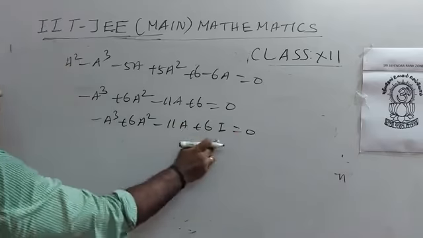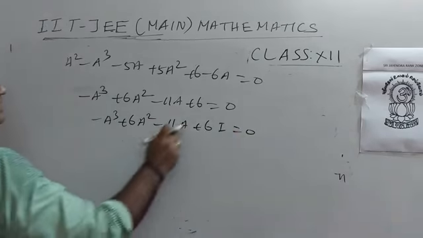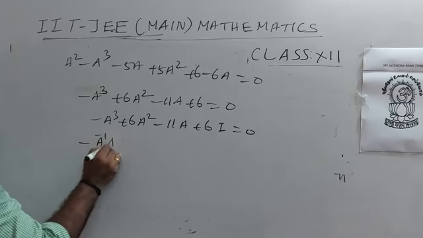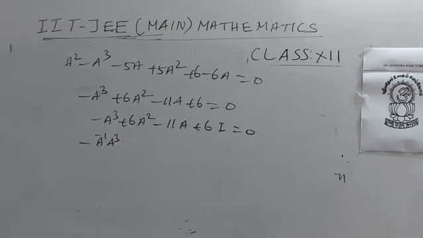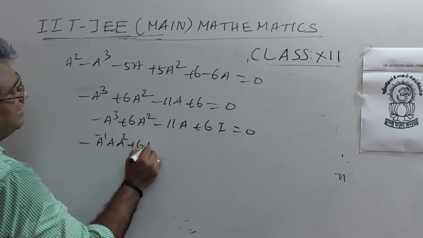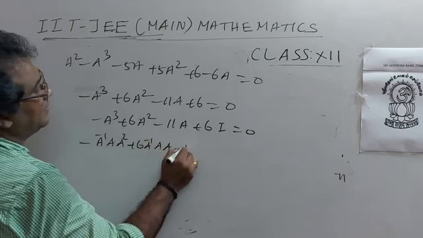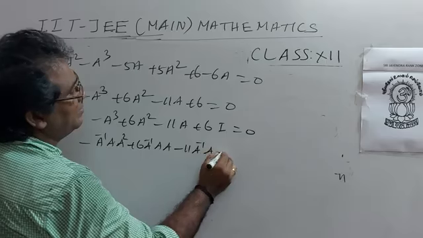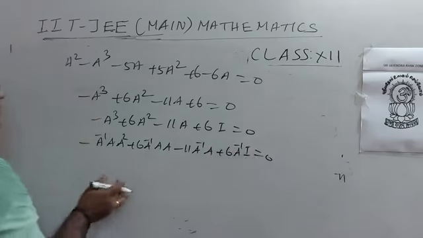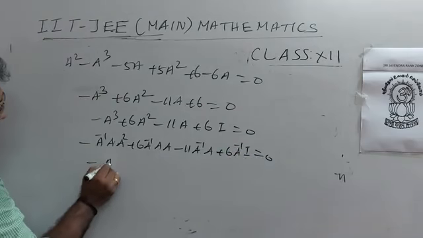Writing all in matrix form, we can multiply by A inverse: A inverse into A cubed, plus 6 A inverse into A squared, minus 11 A inverse into A, plus 6 A inverse into I equals 0. Pre-multiplying by A inverse on both sides and combining this, you get